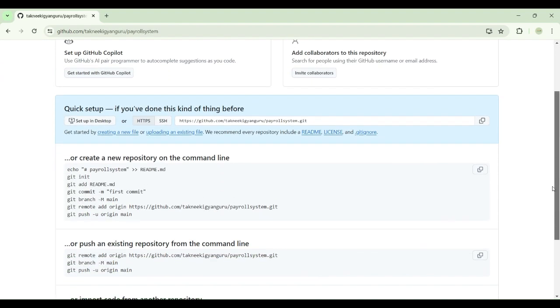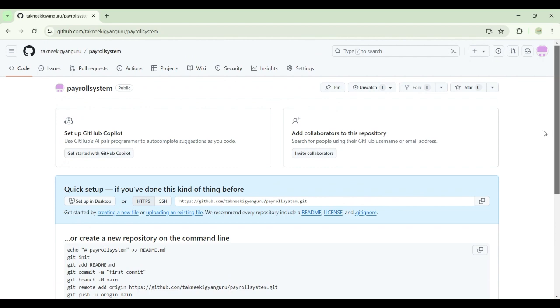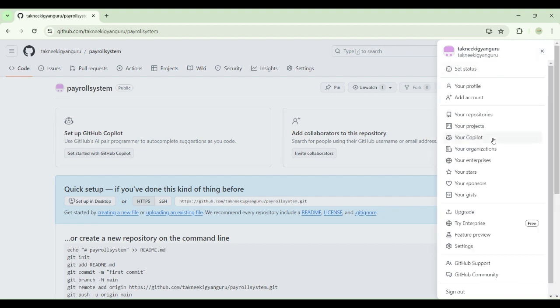Right now, we have to create a token. I have already created a token, but I will show you how to create another token. Click on your image,